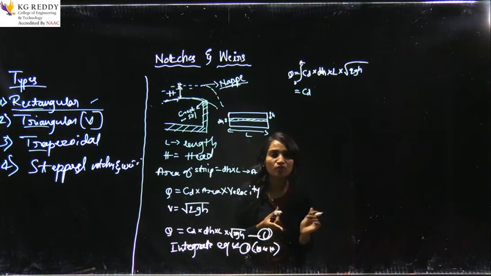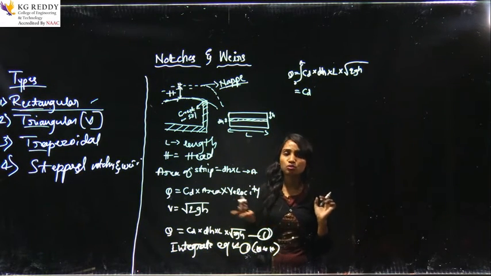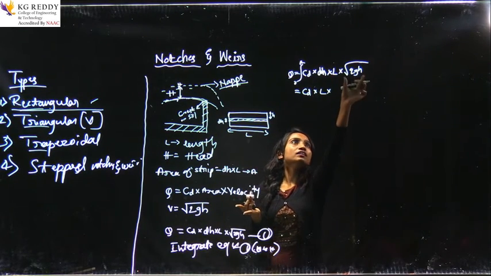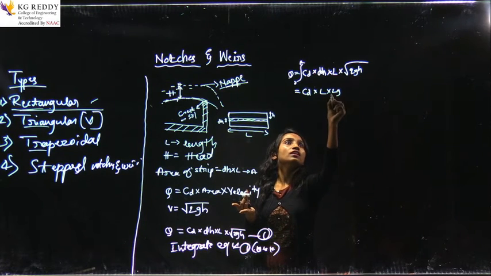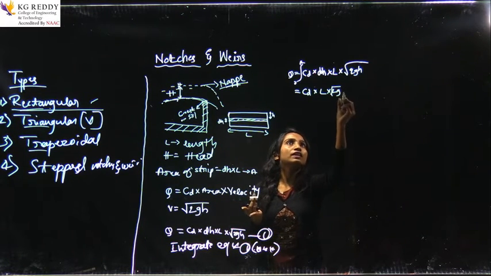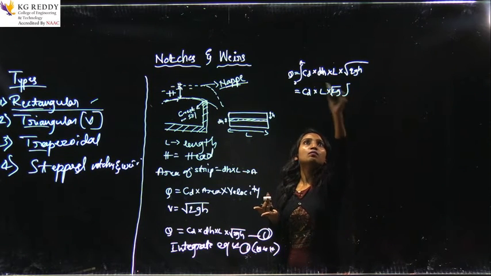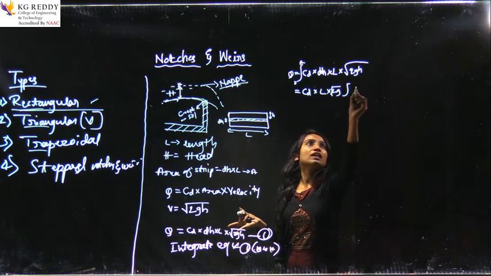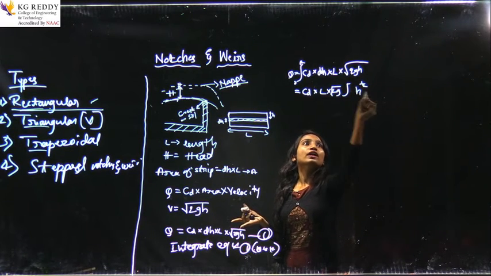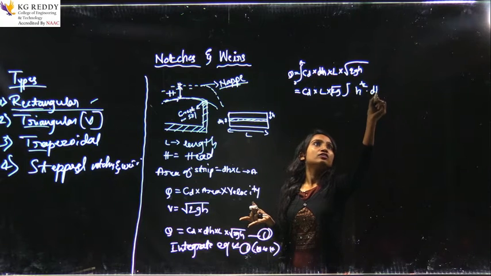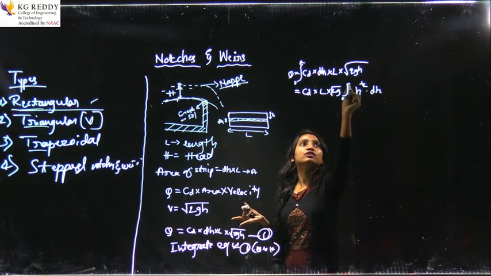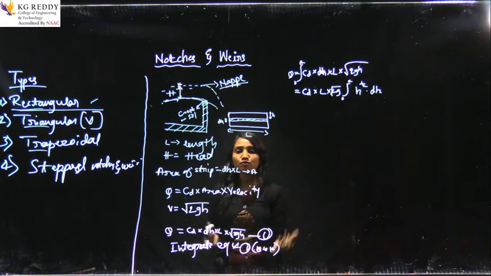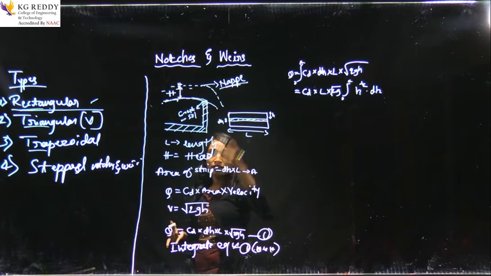So, keep the constant terms. With respect to any device, the coefficient of discharge used to be constant. We will keep it as it is, and the length, and in this term 2g is a constant, we will keep outside. The remaining term is square root of h, which I am writing as h raised to 1 by 2 into dh. This is the limit 0 to h. Do not forget to keep these limits. Why? We are finding the flow rate through this device.